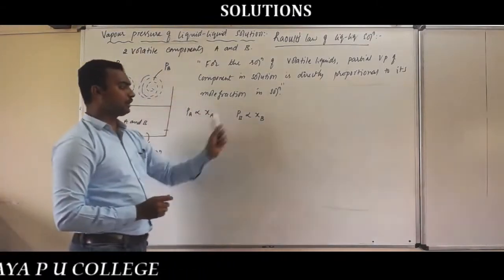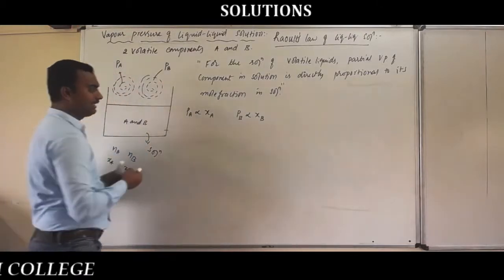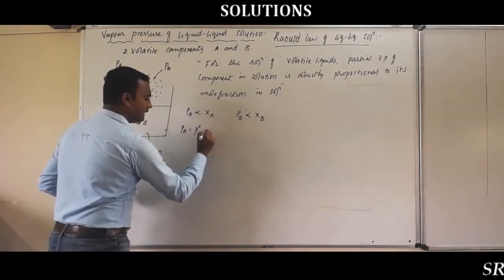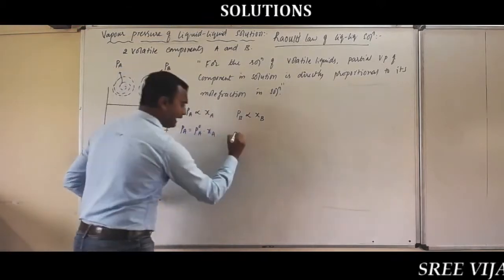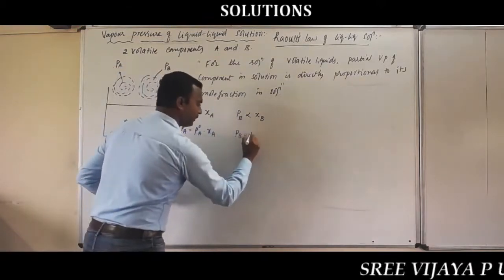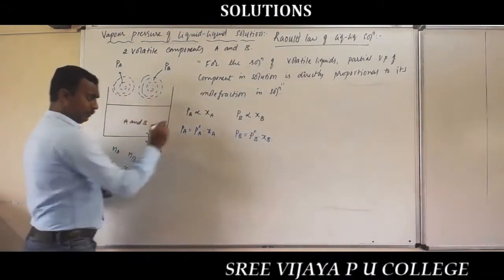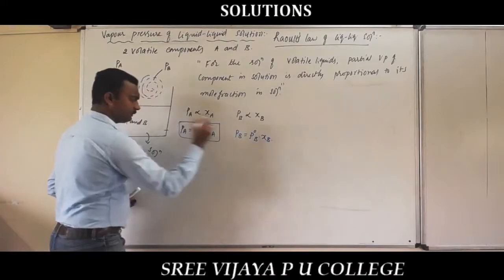And now this proportionality is removed by adding a constant. So that is PA is equal to P naught A into XA, and PB is equal to P naught B into XB. So this is a very, very important equation. Here we have a problem